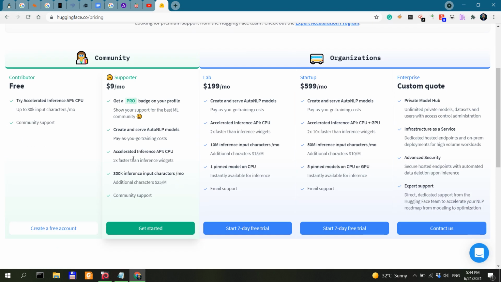They should be doing something about it because I think this is more expensive than GPT-3. Of course, for GPT-3 you need an invitation, but right now, this is expensive. For $9 a month, 300,000 characters, if you say that one word is roughly 5 characters, that's 60,000 words.